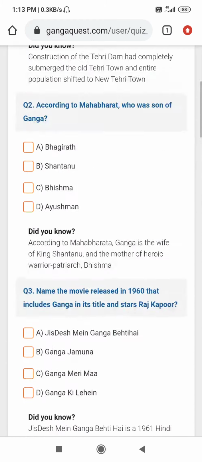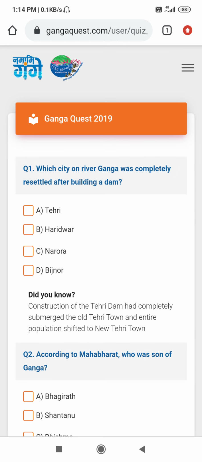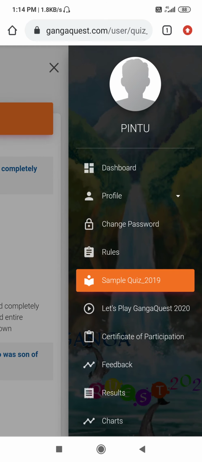Again you come to the topmost corner, three lines, click again. Then let's play Ganga quiz. After you have prepared, you play the quiz. When you click let's play Ganga quiz 2020, the quiz will automatically start.